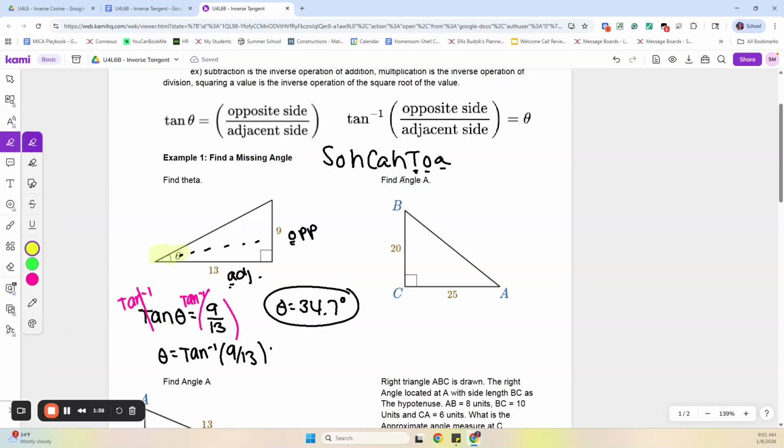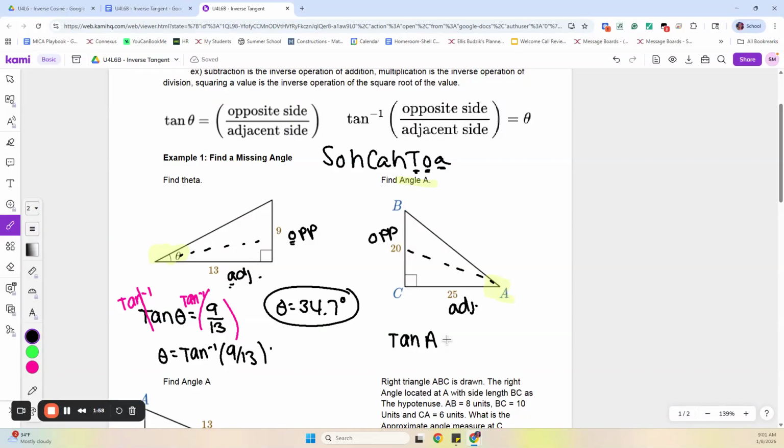Next one, it says find angle A. So angle A is in this corner. So that's my highlighted angle. And then I'm going to go opposite of that angle and again adjacent to that angle. So again, because I have opposite adjacent, that goes with T for tan. So tangent of A, I'm looking for, that's my angle, equals opposite over adjacent. Again, we have to get rid of tan to get that A by itself. So I'm going to tan inverse both sides. So then I'm left with A equals tan inverse of 20/25